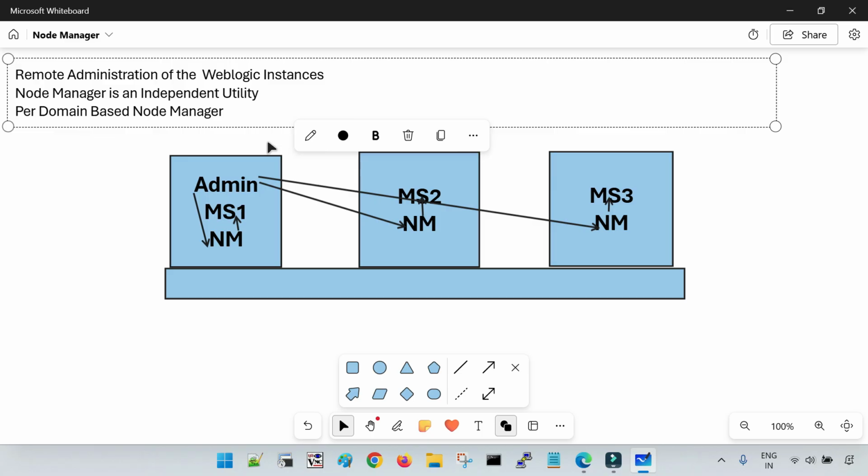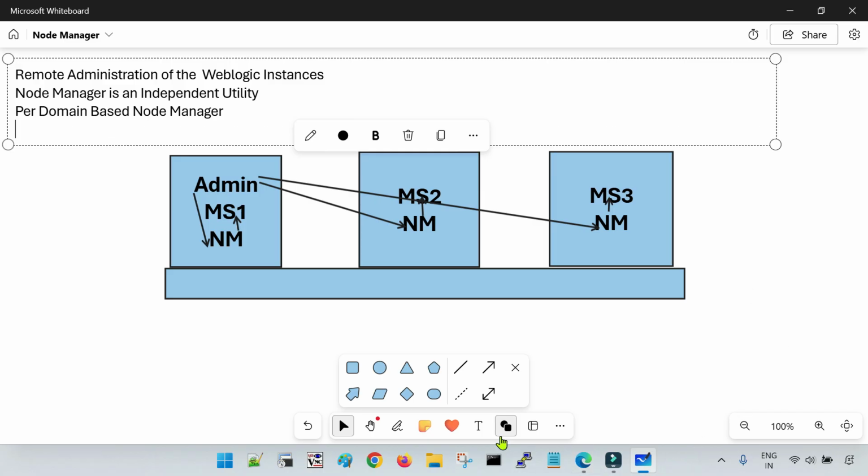So the concept that I have been discussing all through this session is very important from the interview perspective as well. Each and every concept that I'm going to explain is a very practical concept, and you are definitely going to face it in a WebLogic interview wherever you go. So now, per domain, and earlier it was the single machine-based node manager. So what will happen in that case? Suppose that you have, in a machine,